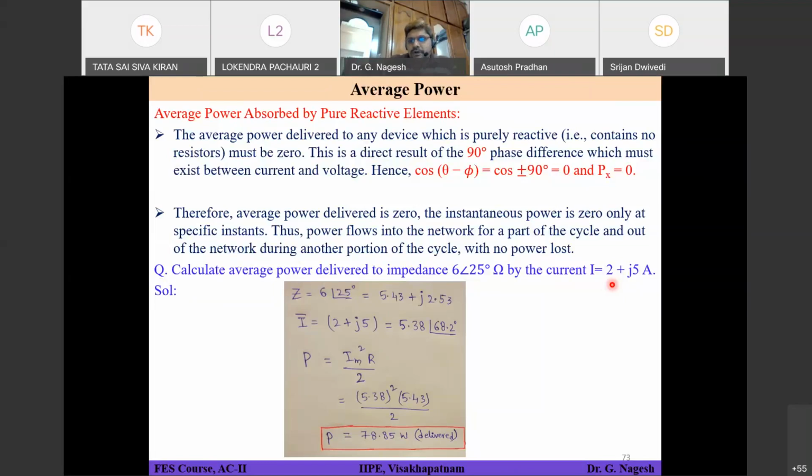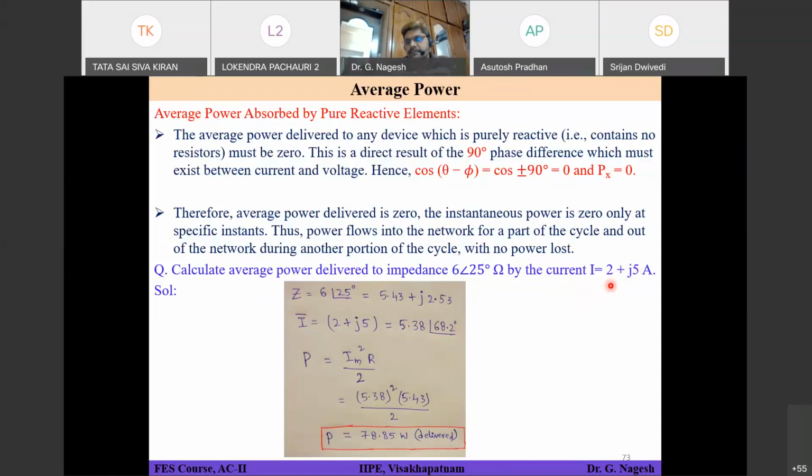5.38 into cos of omega t, you write, plus 68.2. Okay, voltage will also have the same frequency. Okay, once you multiply this impedance with this current, you will get some voltage. Magnitude you will be able to know, and phase angle you will be able to know. If your phasor multiplication, if you do, you will get voltage also something in polar form like this. Okay, right. So that will also have the same time period as that of current.